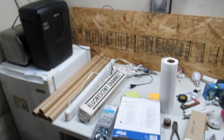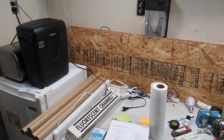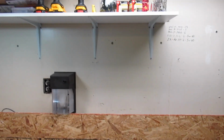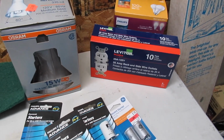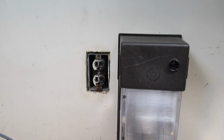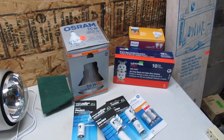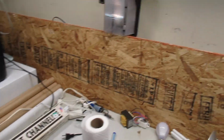So wonderful there. I still want to design and make the workbench. I will get there, trust me. But now that I have the pegboard, I'd like to get that up so at least I get all the tools organized and put away. As I think I discussed before, I got some new outlets. One to replace this so I can bring it out further, and then make that appropriate. So yeah, that's everything here. I'm gonna put together